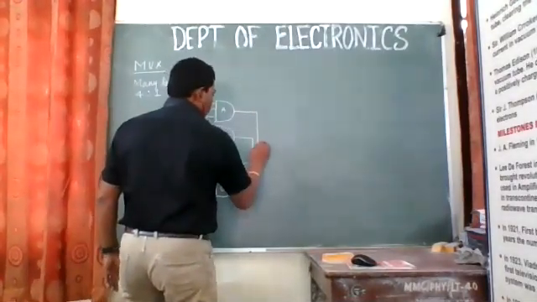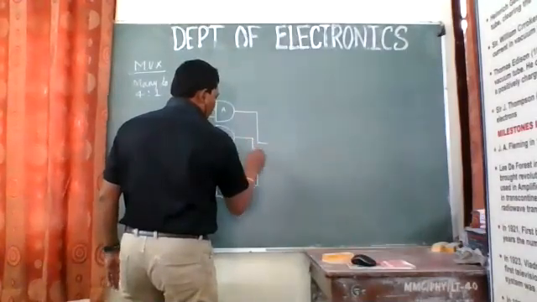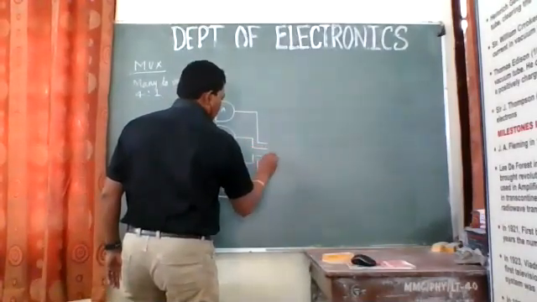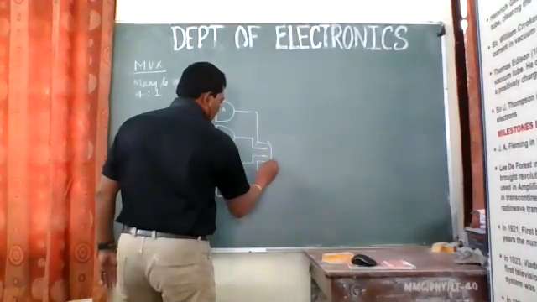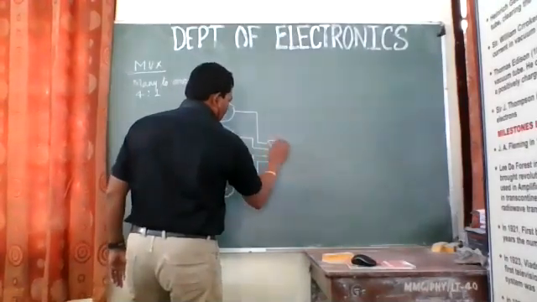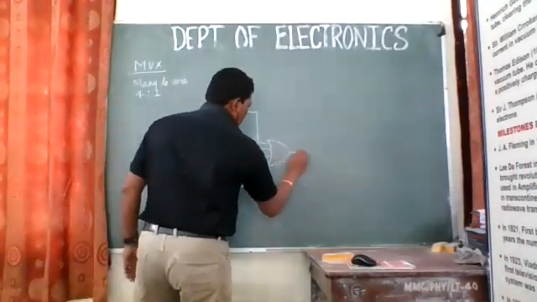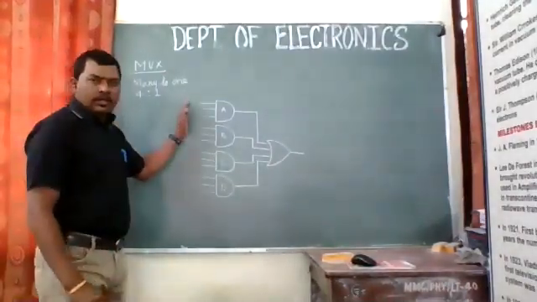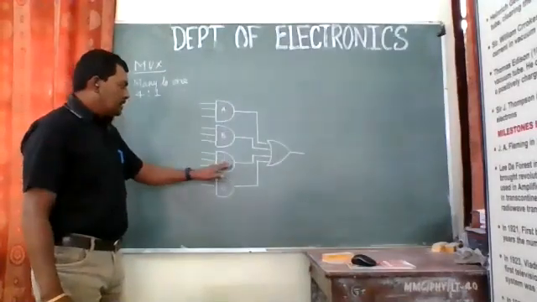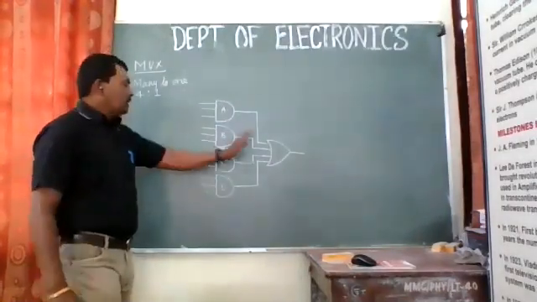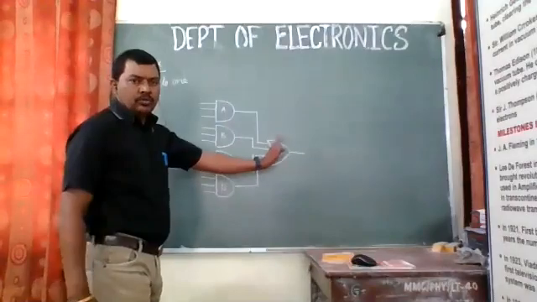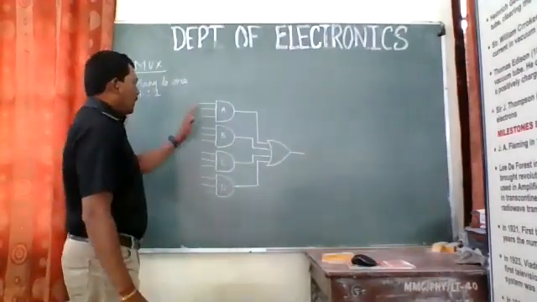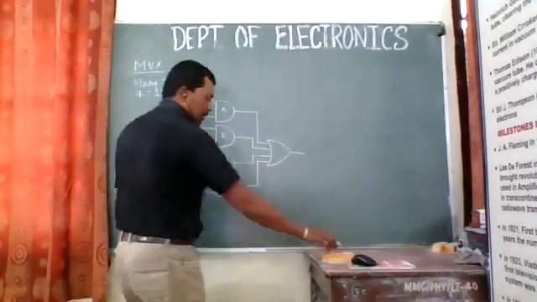So I will club all those four outputs first, and then we'll try for the rest. This is given to a XOR gate like this. I guess it is okay. So we have three AND gates A, B, C, and D, and those are connected to an OR gate, right? And these three inputs are to be selected.